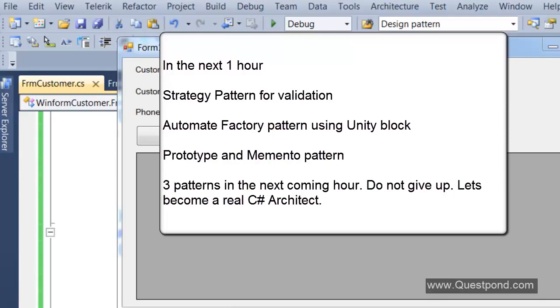So again, the next coming hour is more exciting. It is more adventurous, and we will be learning all of this design pattern practically and not just theoretically. And again, don't forget, in case you want to learn pattern by pattern, please go ahead and see this video series, where we have explained pattern by pattern. So you can take up one pattern, we have shown a sample code for it, you can understand it. Then there is a second pattern, third pattern, and so on. So if you want to learn pattern by pattern, go through that video series. If you want to really see patterns happening, then this is the video series which you have to go through.